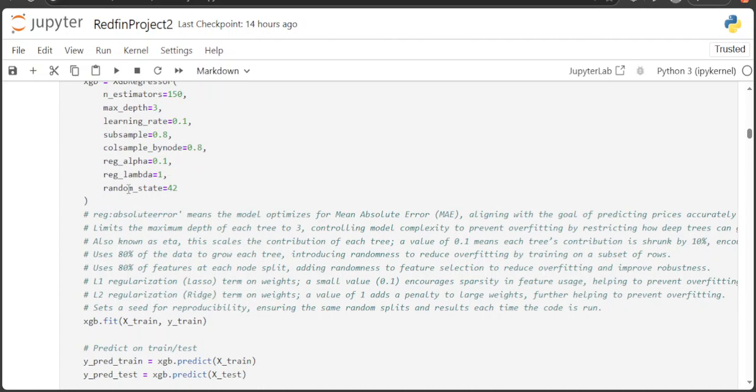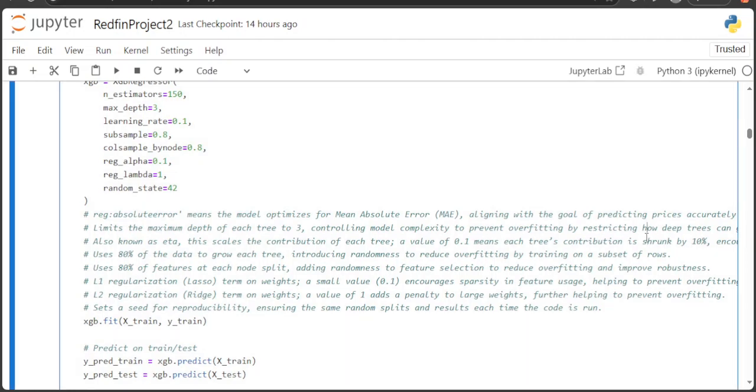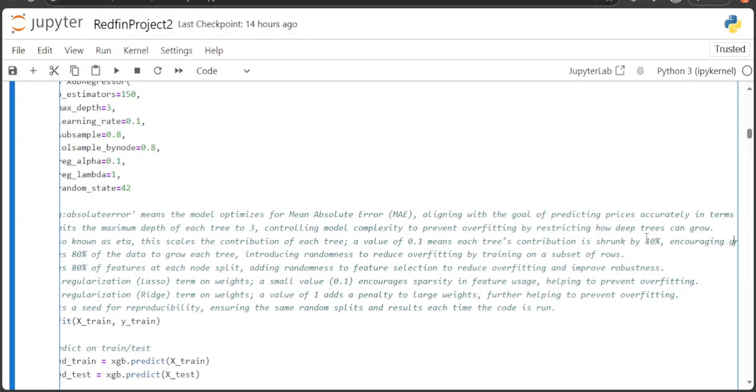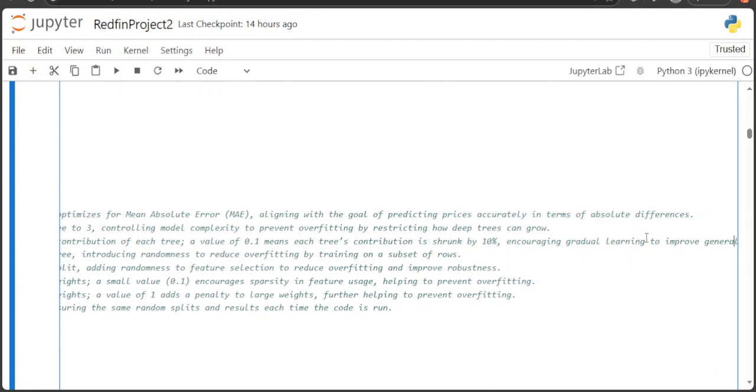So number of estimators is the number of trees that we're using for the model to learn on. And the max depth limits the maximum depth of each tree to 3, controlling model complexity, preventing overfitting by restricting how deep the trees can grow. And then the learning rate, also known as ETA, this scales the contribution of each tree. A value of 0.1 means each tree's contribution is shrunk by 10%, encouraging gradual learning to improve